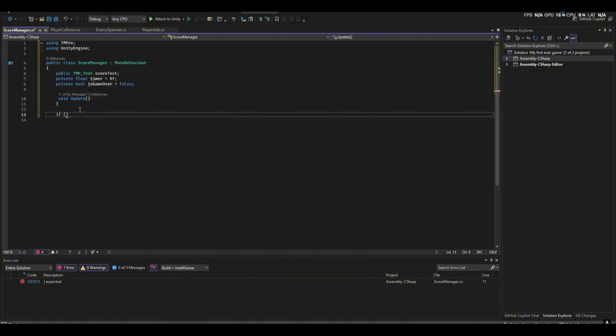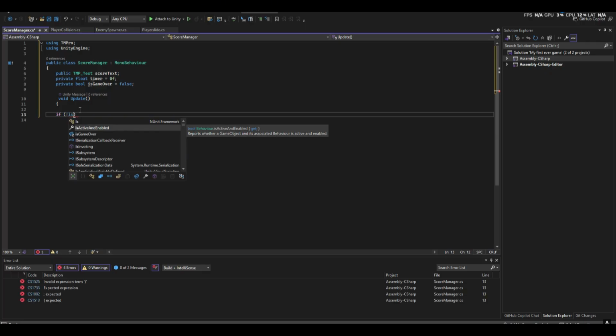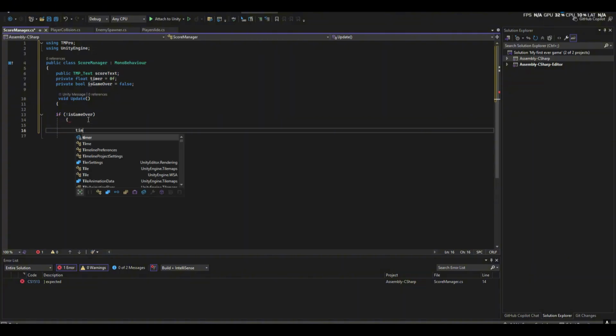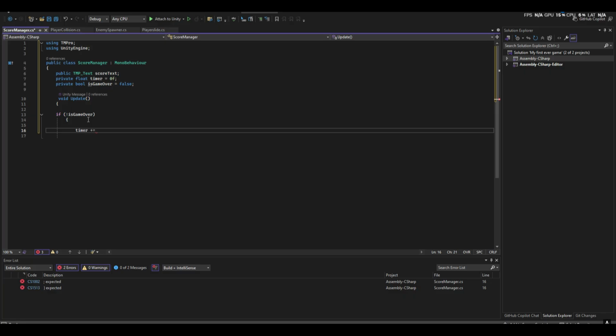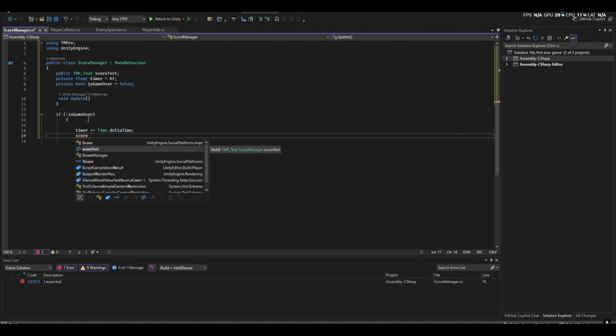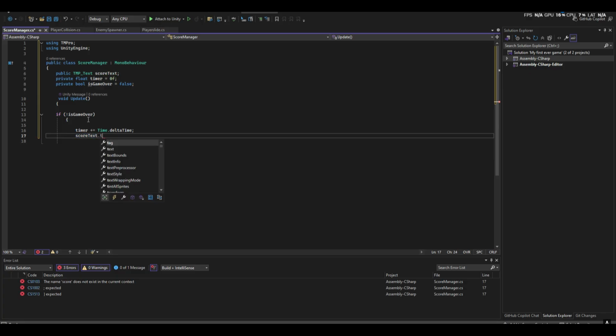If !isGameOver, then we do timer += Time.deltaTime, okay, this symbol, then scoreText.text = "Time: ", this sign, then this plus